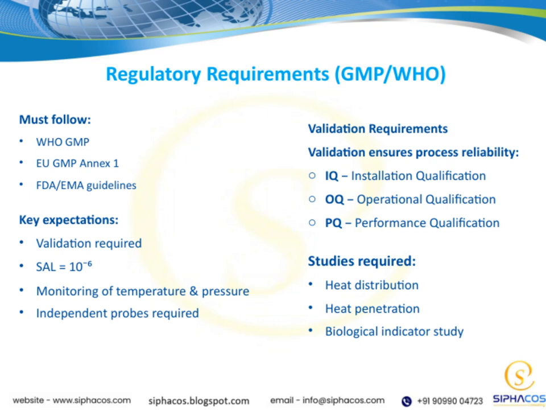Moving on to the key expectations, validation is mandatory for these processes. For example, the sterilization process must achieve a sterility assurance level, or SAL, of 10 to the -6, meaning there's a very high assurance that the product is sterile. We also need to monitor temperature and pressure throughout the process continuously. To do this accurately, independent probes are required. These help ensure the measurements are unbiased and reliable. All these elements come together to build a robust, compliant, and reliable sterilization process that supports the overall quality and